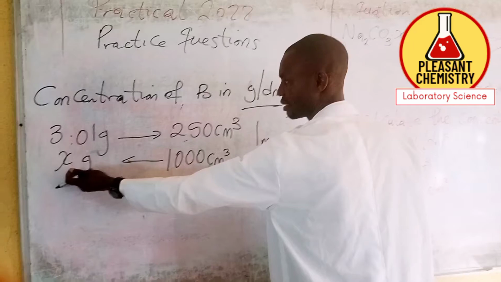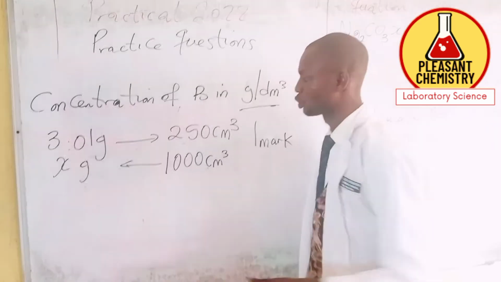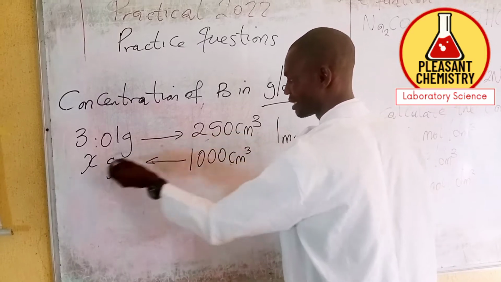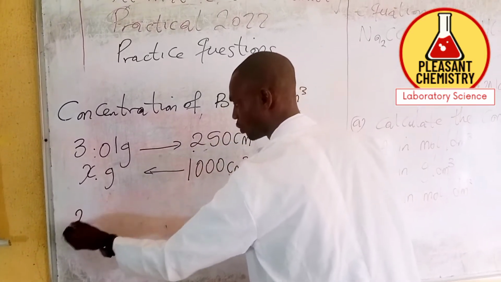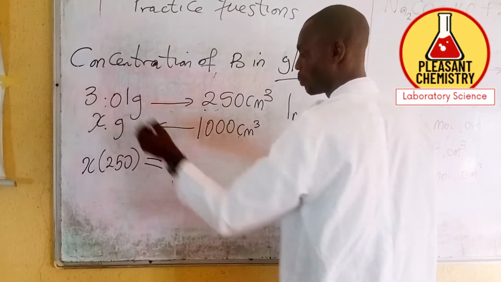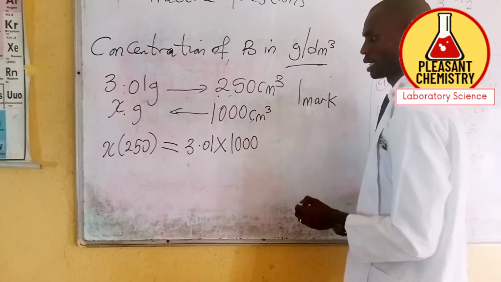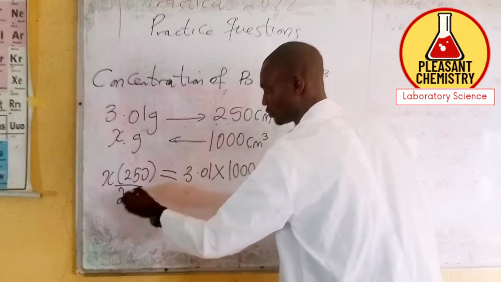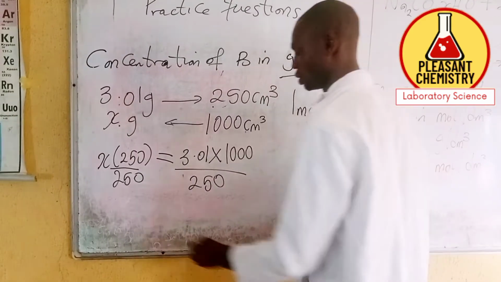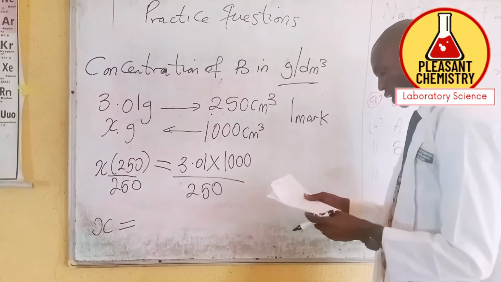Then making X, which is this mass we want to convert, the subject of the formula. When you are making X the subject of the formula, it is simple. You just do cross multiplication, which means X times 250, which will give us X into 250, is equal to 3.01 multiplied by 1000. So you divide both sides by 250 in order to make X the subject of the formula. So finally, X is equal to, by the time you press your calculator,